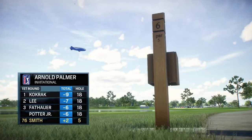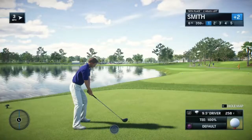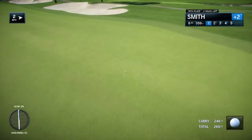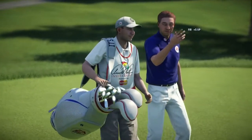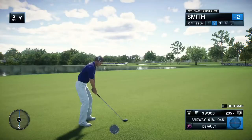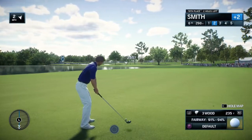Frank, the 6th is a big, brawny par 5, and it can be scary as well with all of that water. And if you're a history buff, you'll remember in 1998, John Daly made 18. Beat that? Oh, you're a little better than John. What's wrong with 18? If you break it down, Frank, that's actually 3 pars and an eagle. By my math, that's pretty good work. But you got 17 other holes to play. Oh, yeah. All right, well, we need to...